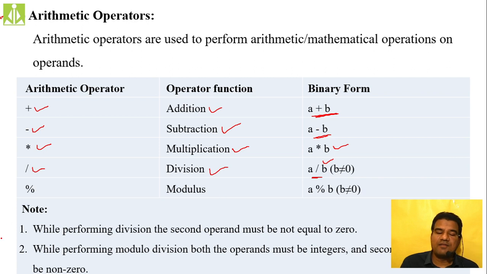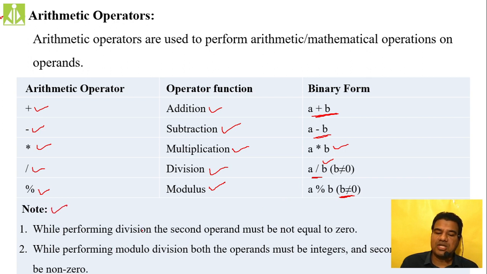Then we have modulo division. It will return the remainder. Already in the concept of algorithms we discussed this modulo division. We call this modulus. Here you can see the spelling: modulus, arithmetic modulus operation. And generally it will return the remainder. When you perform this division operation, instead of the quotient it will return the remainder. And here also, as it is a division operation, you should not make the B value 0. Again, if you take the B value as 0, your program will crash.